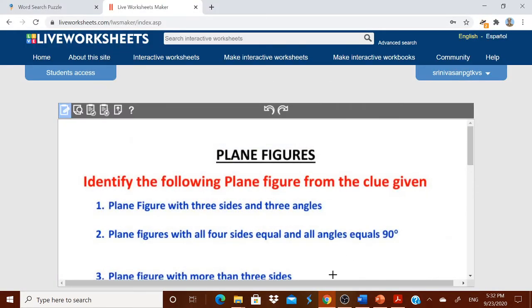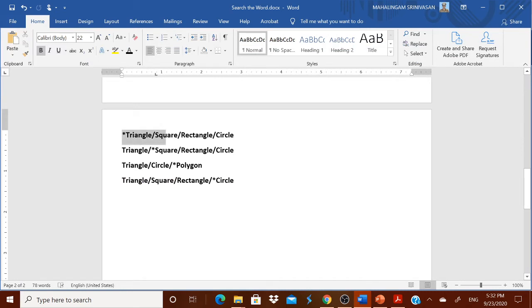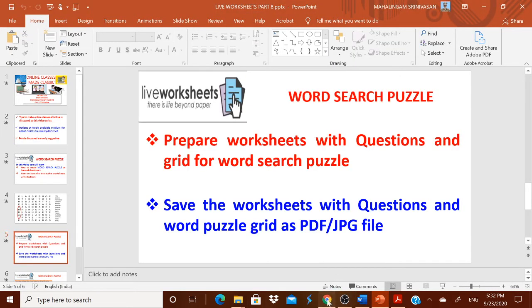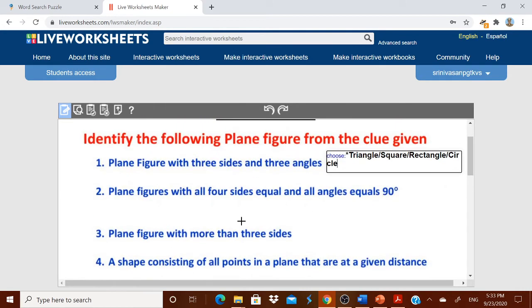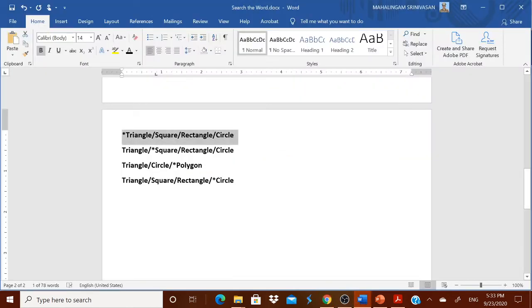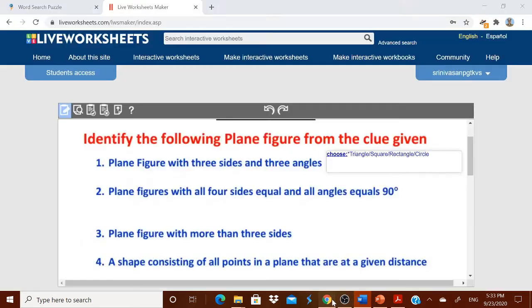Okay. This I will copy first. Very quickly I will do. This I will copy because for the first one, I want the answer to be triangle. Where I will put one box and I will type, as all of you know, choose colon, then that one to be typed. Okay. Now for the second one, the answer should be square. I'm just going for it, and I am making a box. The space is there already. Please be careful with the space.